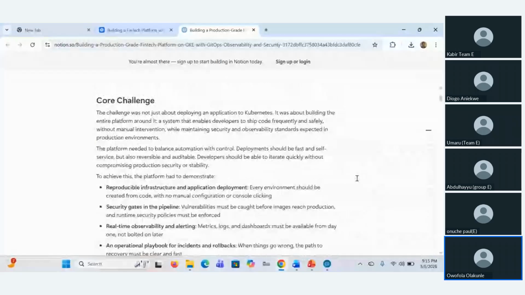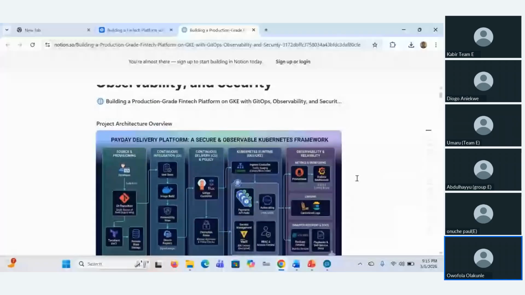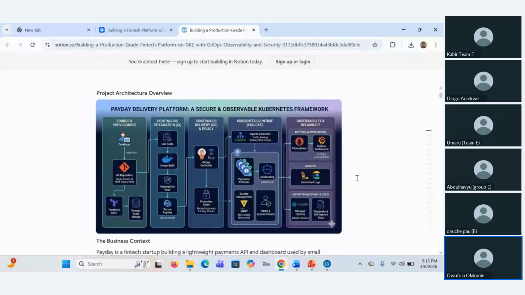So, can we go back to the overview? So, this is our project, and we are to build a CD delivery platform, a secure, observable Kubernetes framework.